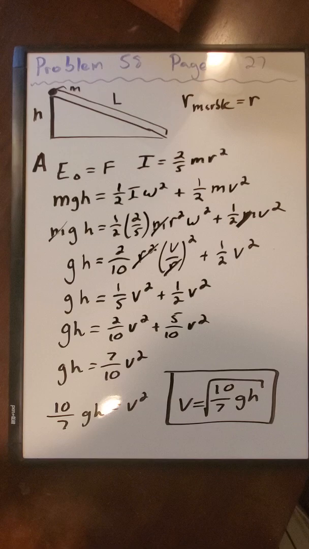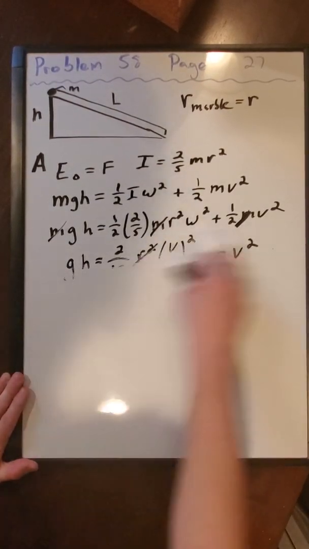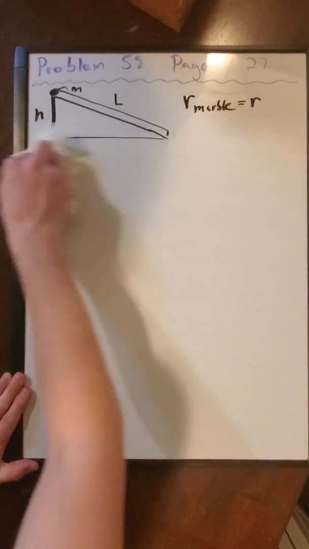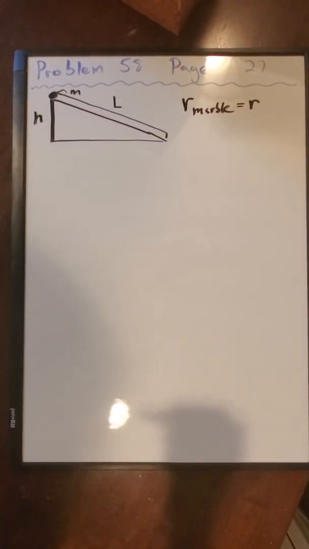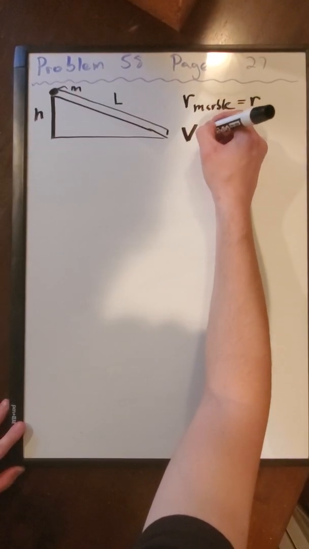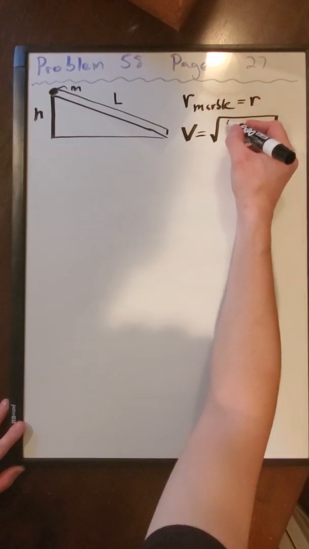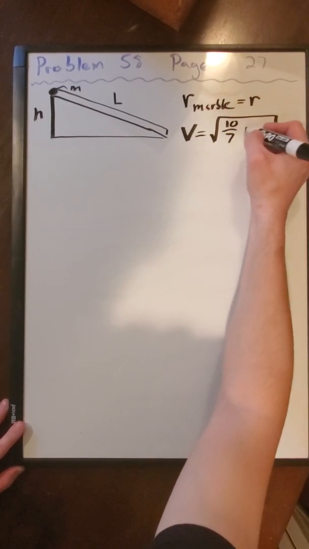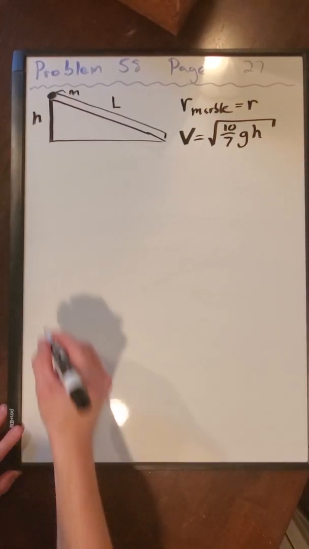So we're going to keep that in the back of our mind. So we're going to write it up here at the top. Our velocity at the end of the slope is going to be equal to the square root of 10 over 7 gravity times height. Now for part B,